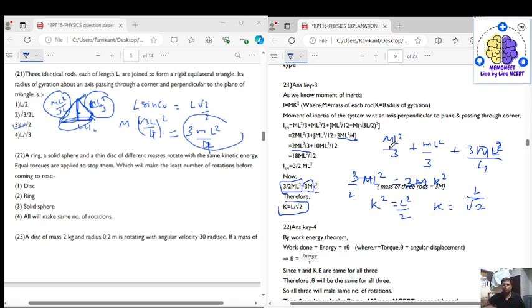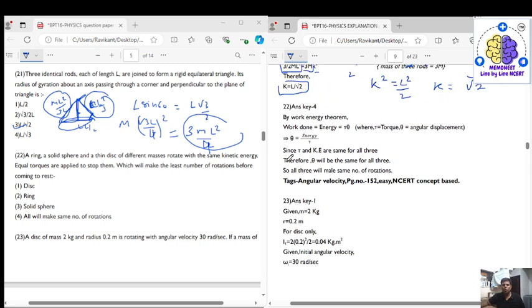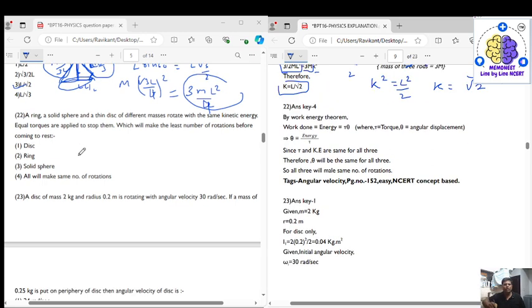Now next, coming to question number 22. Question number 22 says that a ring, a solid sphere and a thin disc of different masses rotate with the same kinetic energy. Equal torques are applied to stop them. Which will make the least number of rotations before coming to rest, right? See, number of rotations. Work done is equal to force into displacement, so we can write it as tau into theta, right? And work done is nothing but energy,